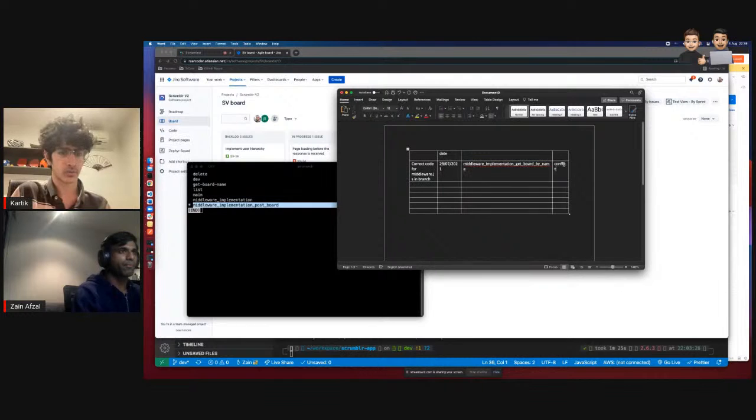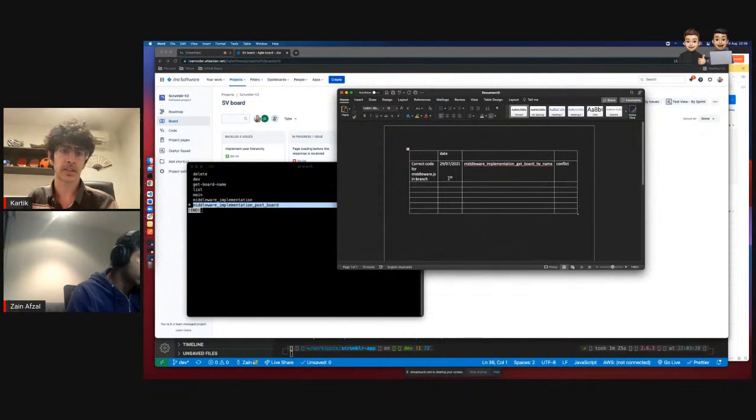Either we can roll back to the last version, which was a commit I made on 4th of August, and merge in what 29th July was, or we can merge in the post board by name branch, which has the correct middleware right now.